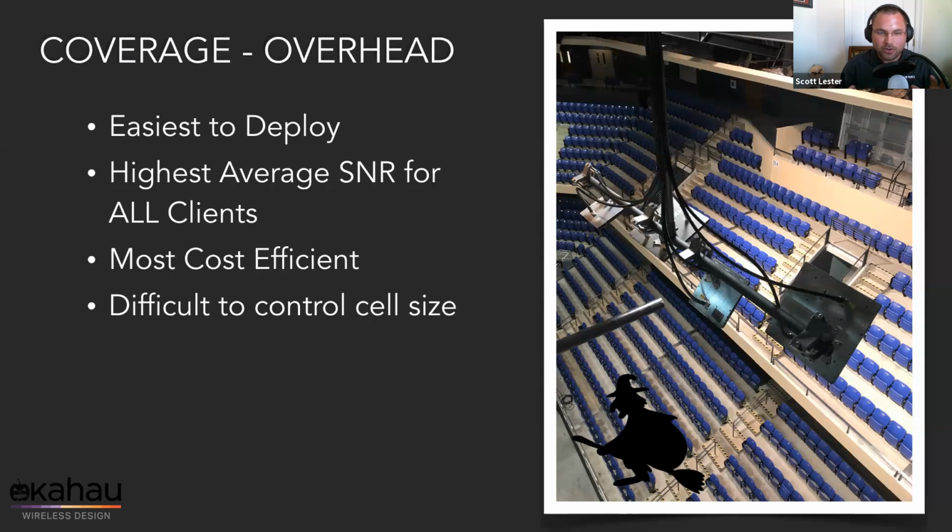Obviously, there's a lot of factors that go into that, right? Like what beam width of antenna are we going to use? Where are we able to mount an array like you see in the image here with the multiple antennas on it for the different seating sections? There's a lot of things like that that come into play. But by far, I would consider overhead the easiest to deploy. Is that the sentiment from everyone?